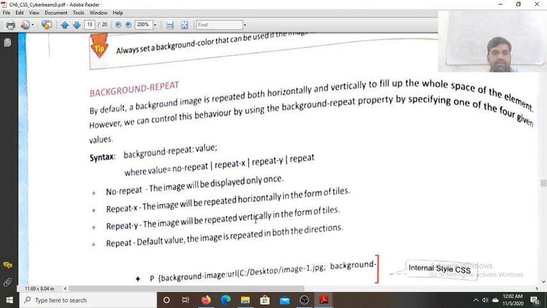With repeat-x, the image will be repeated horizontally in the form of tiles. With repeat-y, the image will be repeated vertically in the form of tiles. Repeat, the default value, repeats the image in both directions.